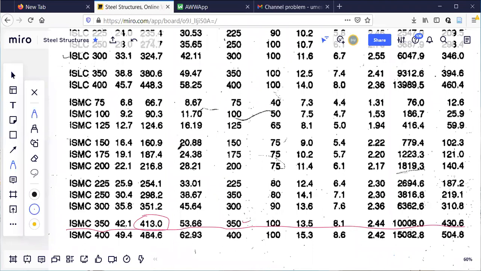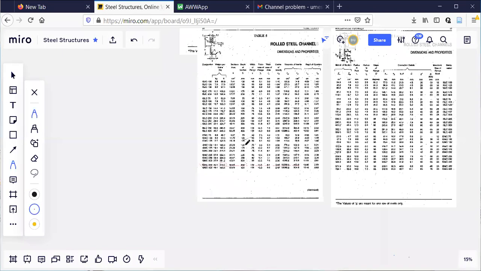For this one, you observe here. After referring the problem, I am able to identify it, because a lot of ISMC are there here, a lot of ISLC are there, a lot of channels are there, hundreds of channels. Out of that, they have given this one in the problem. So corresponding to this, if you move in the horizontal X direction, all the values you will get. What are those values? It is written at the top.